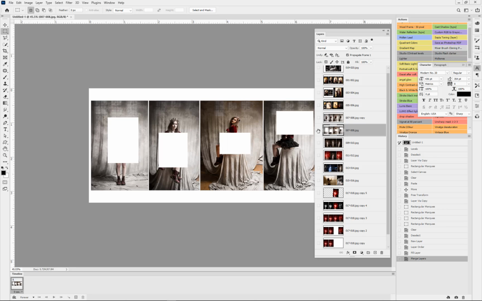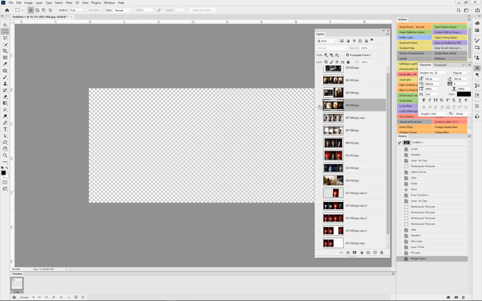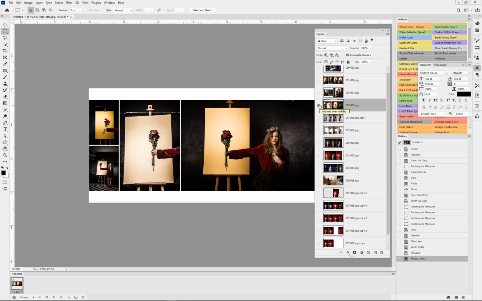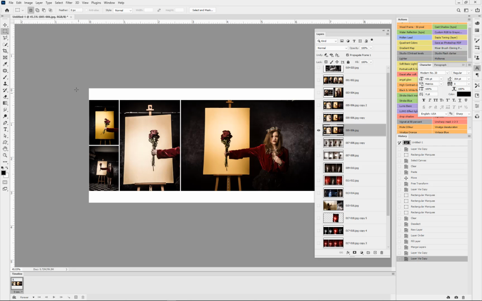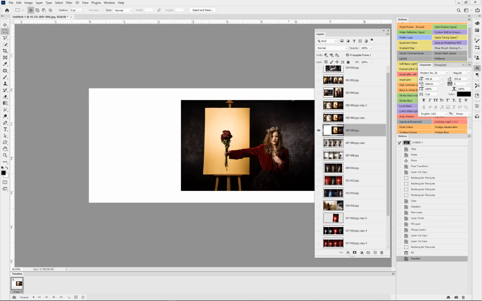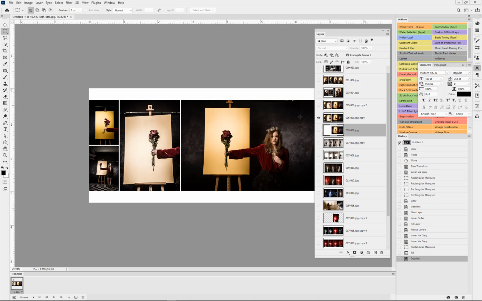I quite like that idea. Let's see what else we've got here. Switch that one on, I like it. So let's Control J again, and then switch the top ones off. Work on this one. Marquee Tool again. Let's just Control backspace. Switch that one off, and then we'll just select the end ones, and then